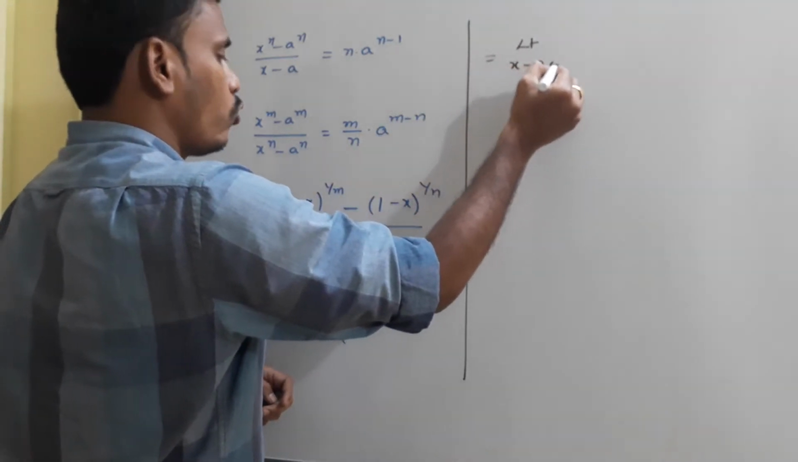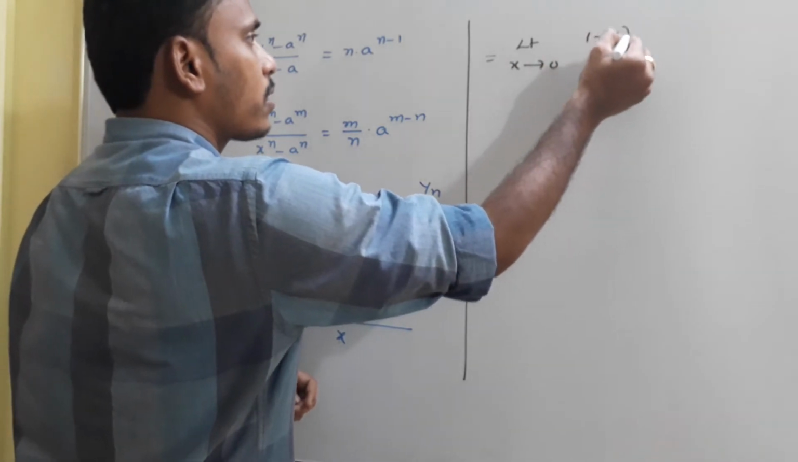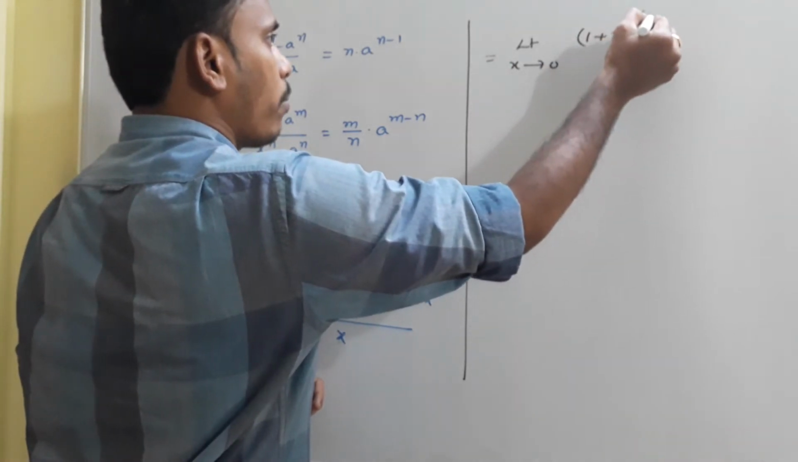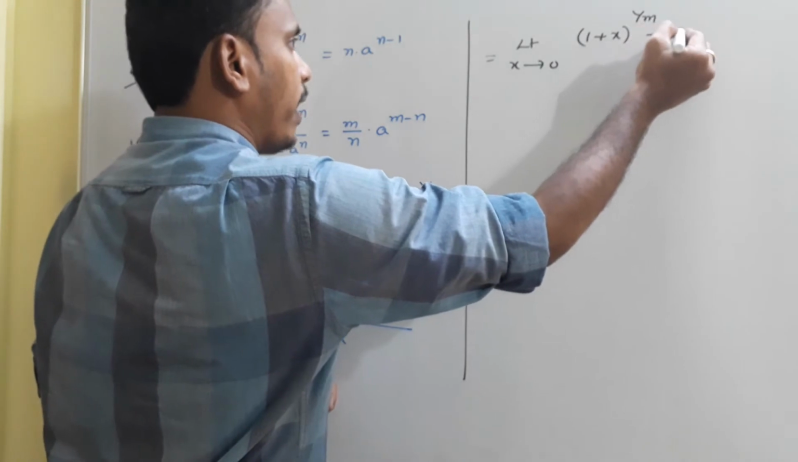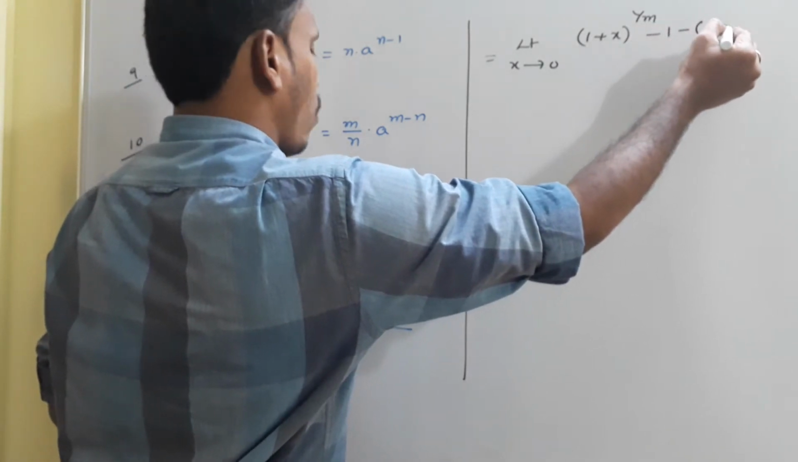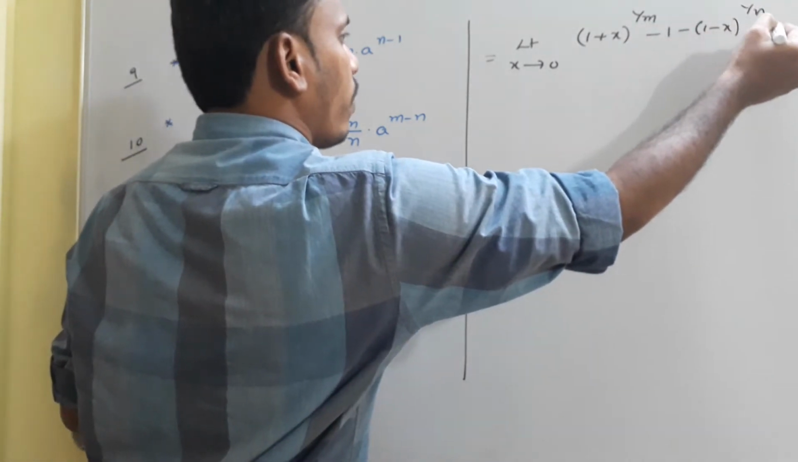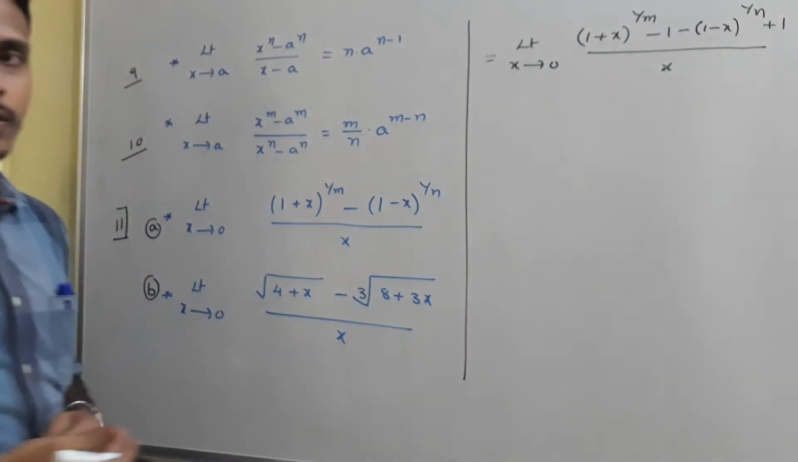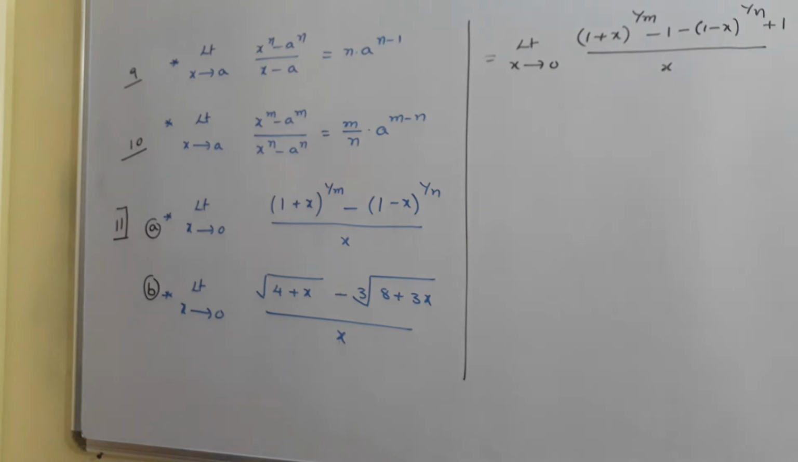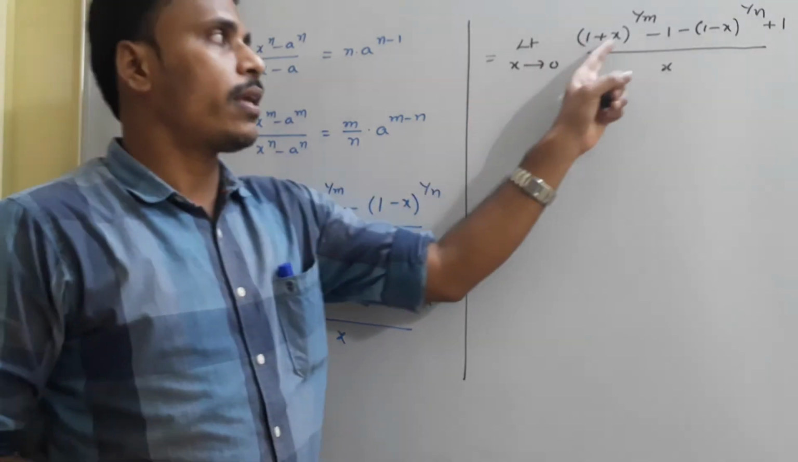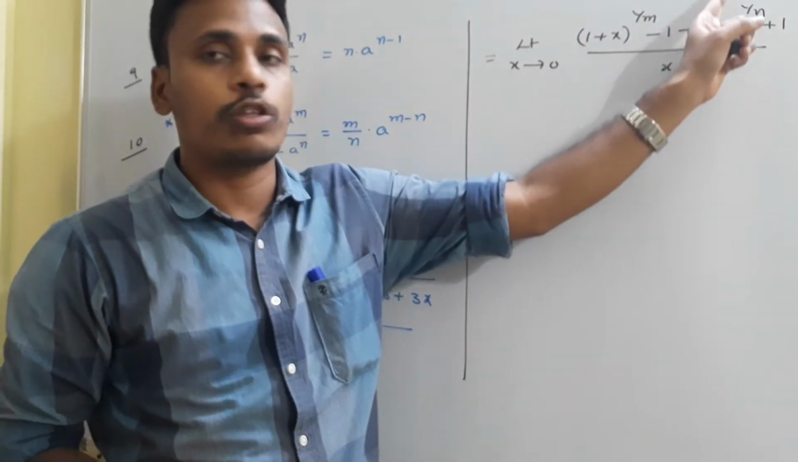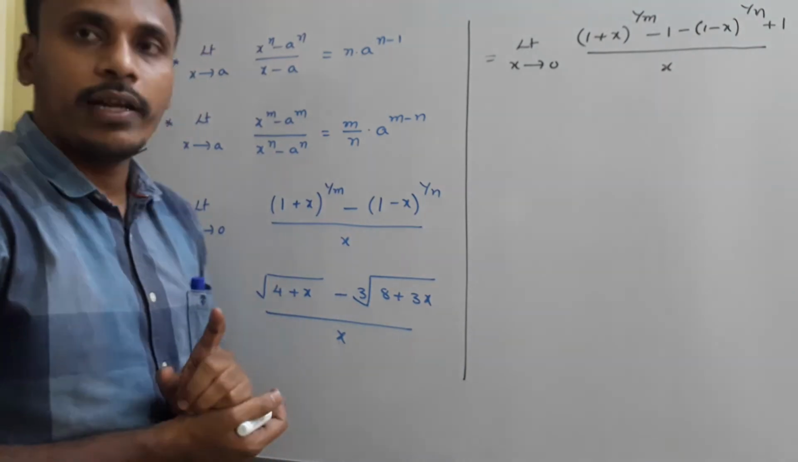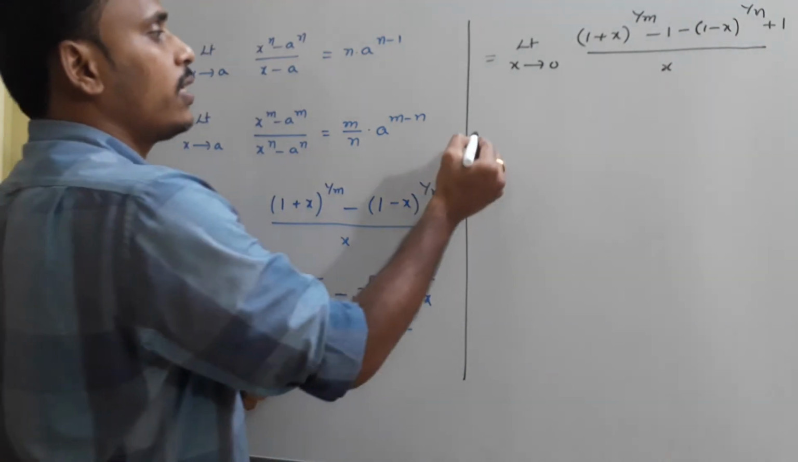The limit as x tends to 0 of ((1 plus x) to the power 1 by m minus 1 minus ((1 minus x) to the power 1 by n minus 1)), and the whole thing is divided by x. Just have a look at what I did. I just subtracted 1 and added 1. So (1 plus x) to the power 1 by m minus 1 minus ((1 minus x) to the power 1 by n minus 1), divided by x. And the next thing is, this is equal to,